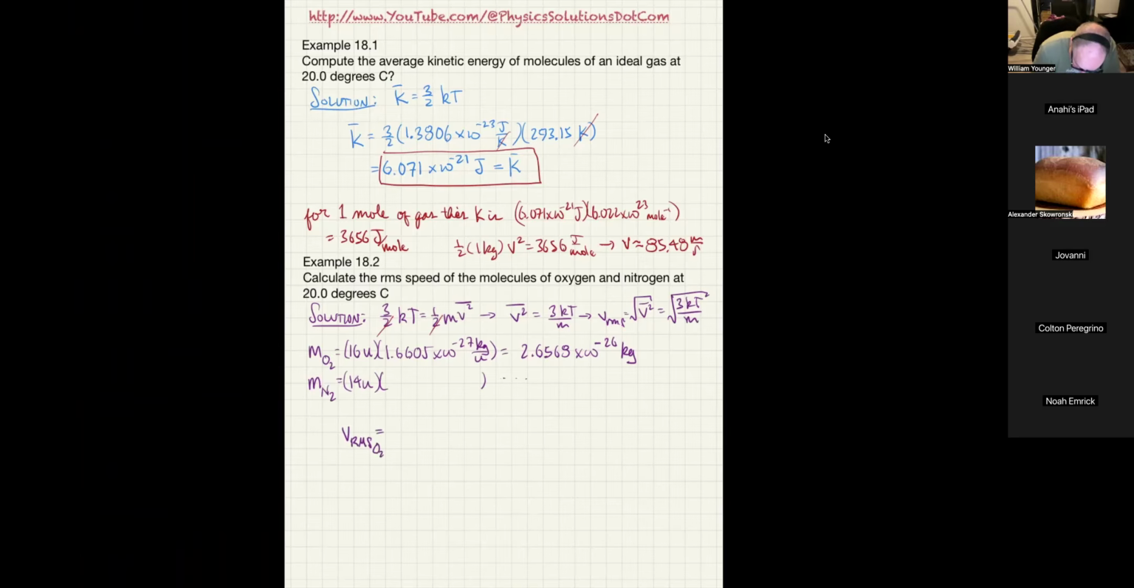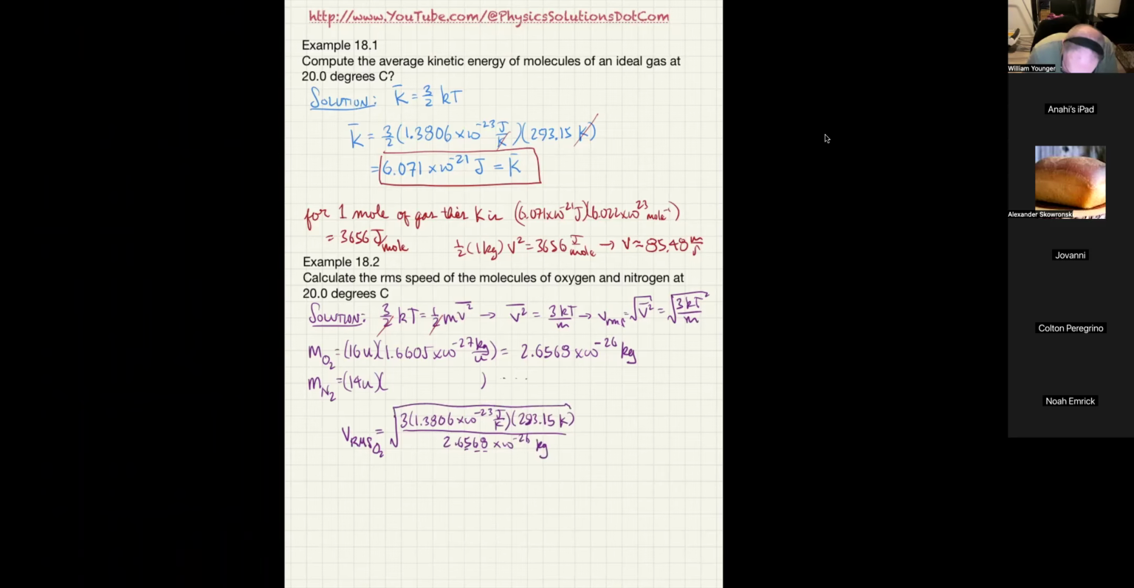So for O2, I'm going to say this is the square root of 3 times 1.3806. Again, you can feel free to use 1.38 or 1.381 times 10 to the negative 23rd joules per Kelvin times the temperature, which is 293.15 Kelvin. All that's going to be divided by 2.6568, which really should only be 2 sig figs. So to be honest with you, none of those are sig figs. Times 10 to the negative 26